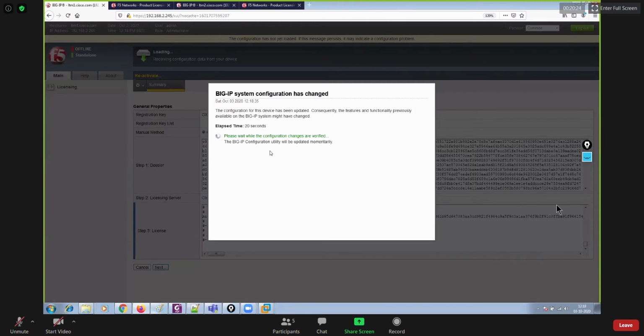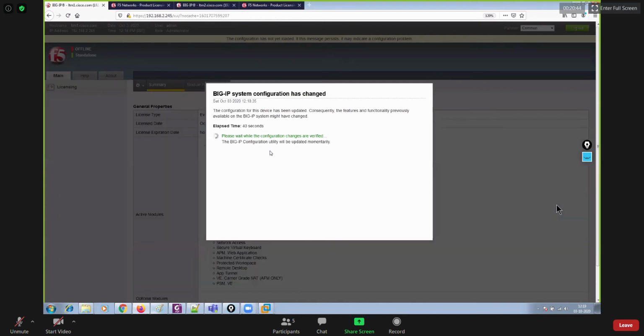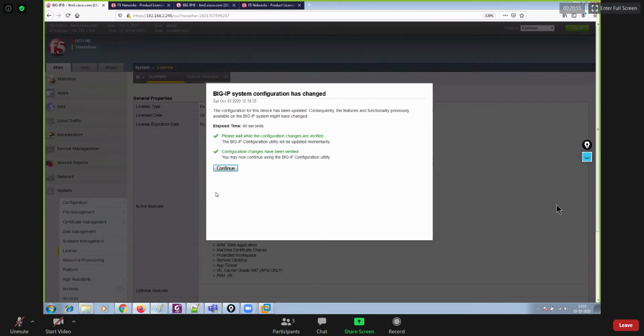So let both of the BIG-IPs come up, and thereafter we will start with iApp, then iHealth, then I'll go for high availability, and that's why I have enabled two different BIG-IPs today. I'll perform high availability using active standby as well as active failover. Thereafter I'll go for some other stuff like tcpdump, and finally I'll go for iRules, and that's what we will cover tomorrow. So tomorrow I'll cover the iRules, not today.